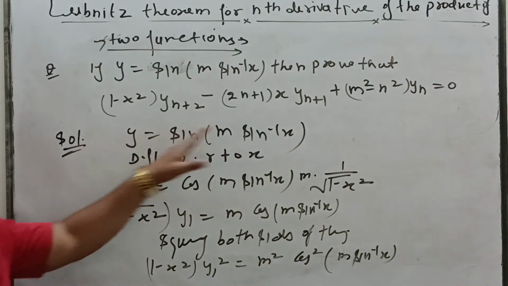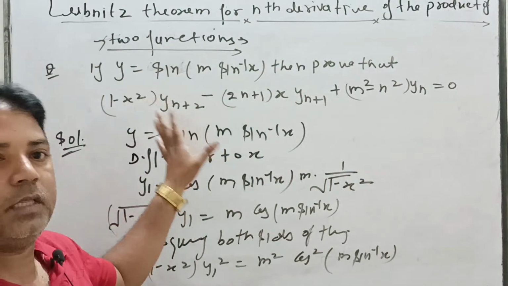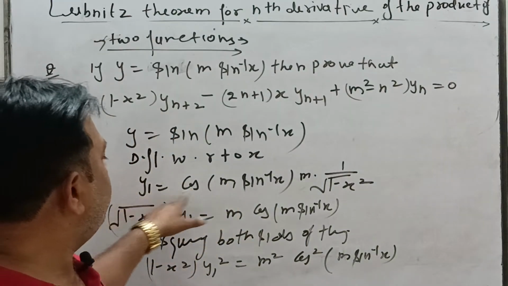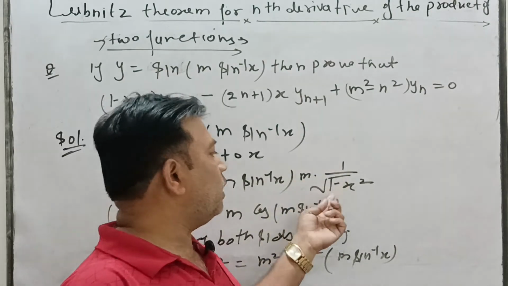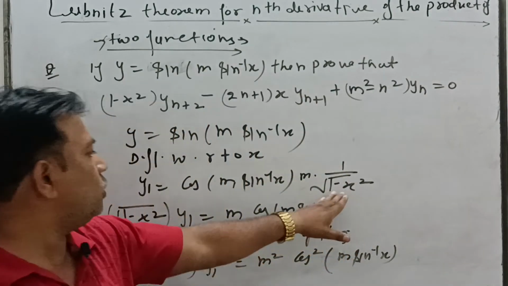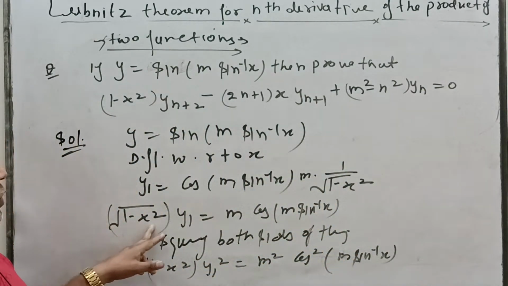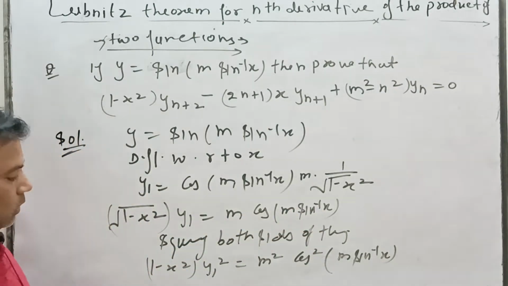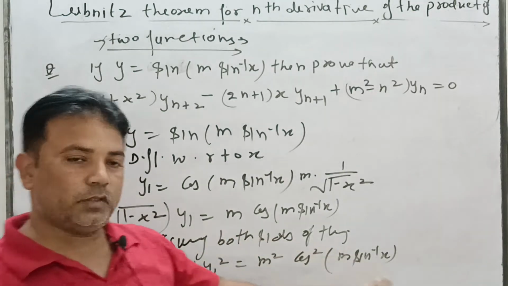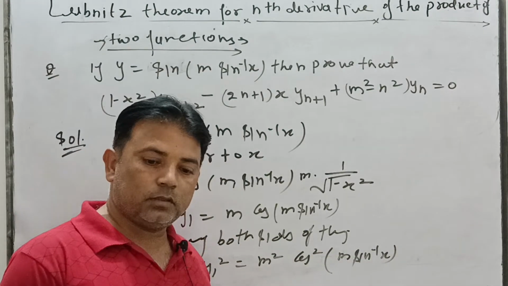To summarize the step: differentiating the given function with respect to x, y1 equals cos(m sin inverse x) times m times 1 upon root of 1 minus x square. Cross multiplying, root of 1 minus x square times y1 equals m cos(m sin inverse x). We eliminate the root by squaring both sides, and we get this value. Now again